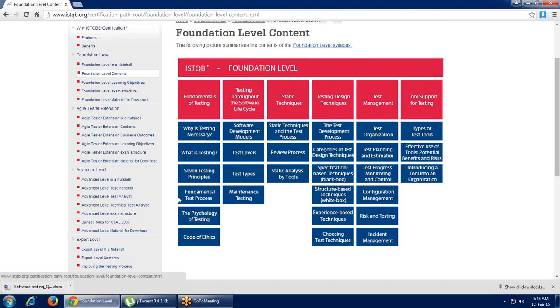Moving further, the levels. You can see three interesting things. The one is test levels, test types, and also in the third chapter we will see testing techniques. Now, what does the test level stand for? Test level is a very first approach where we take the decision on what type of testing we have to do. So the levels will be component testing, integration testing, acceptance testing, and all those we'll see in detail. And the testing type is by which approach we can build up the level of quality. That will be functional testing, non-functional testing, and so on.